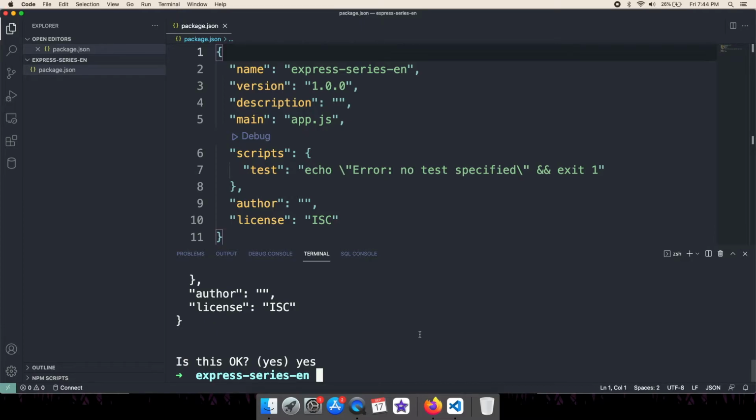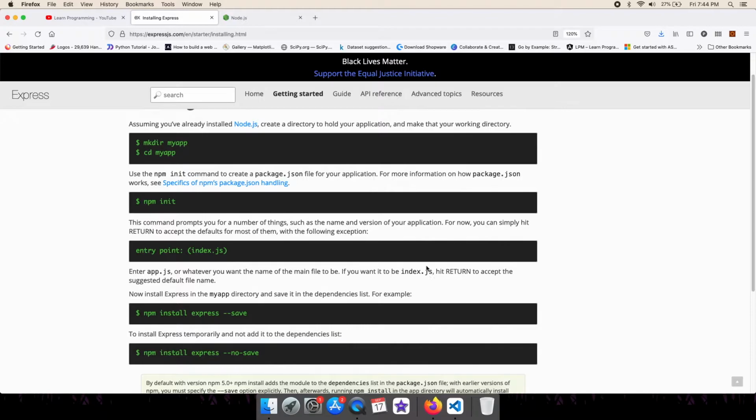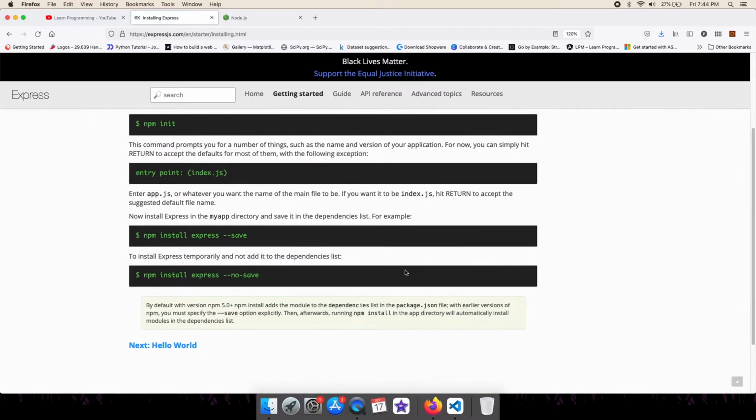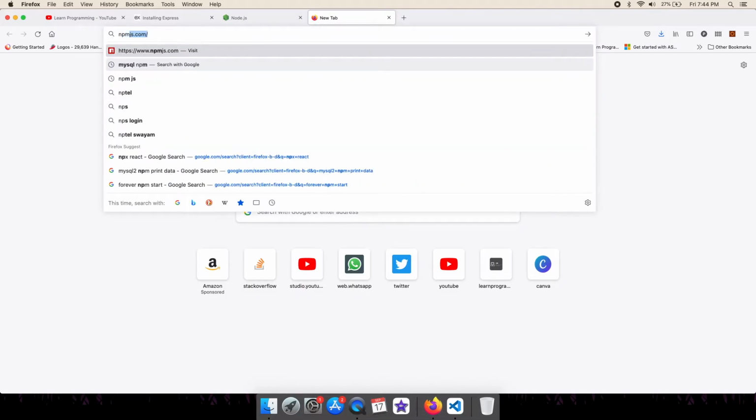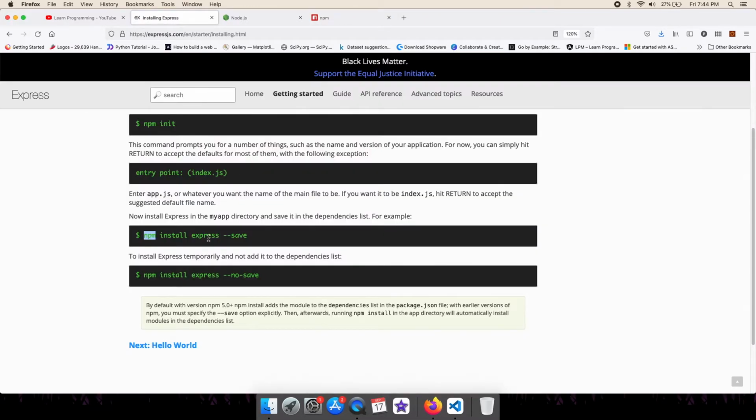So the next thing that we need to do is to install Express. You can install it using the npm command. Npm is the package manager, and using that you can install various packages in Node.js. npmjs.com is the official website for npm, and Express is also a package which you can install by typing this command.